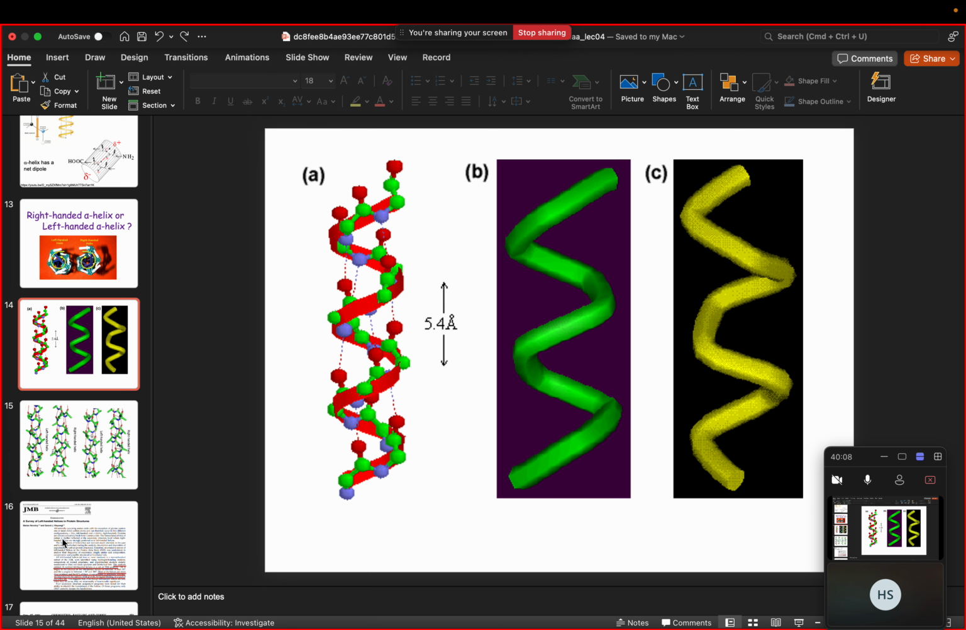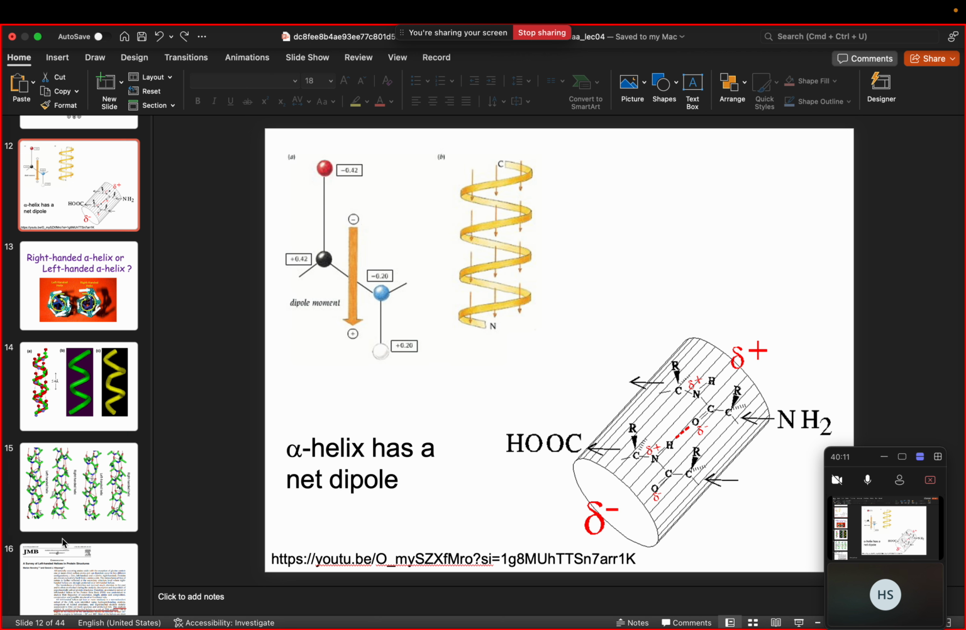the alpha helical side of the secondary structure, and then we'll go to beta sheets or another type of secondary structure which is predominantly present in the